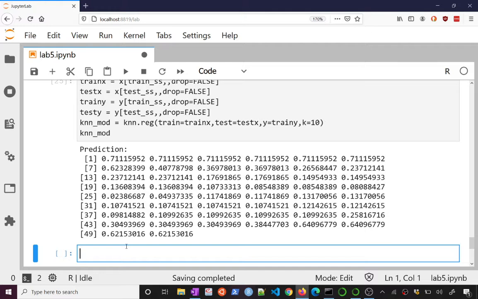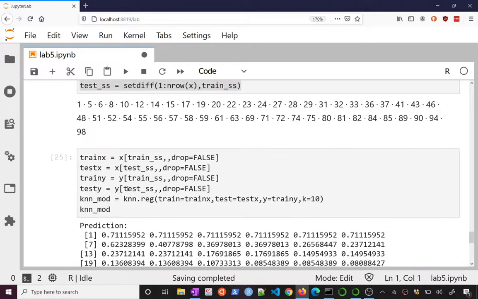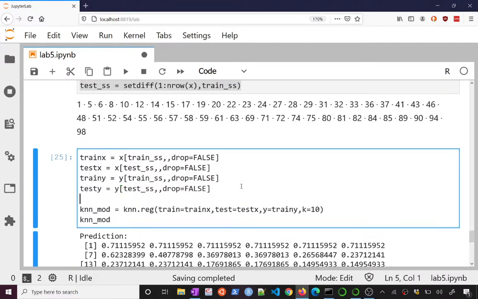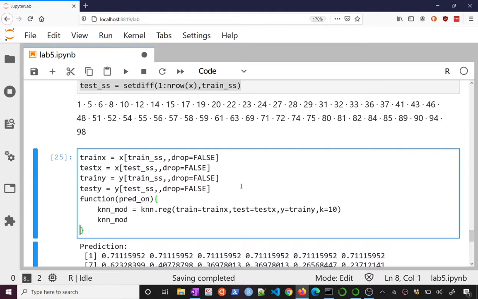And what do I want to do? So I'm actually going to pull this out into a function. So let's pass it an argument called predict on. And what this is going to do is it's going to allow me to